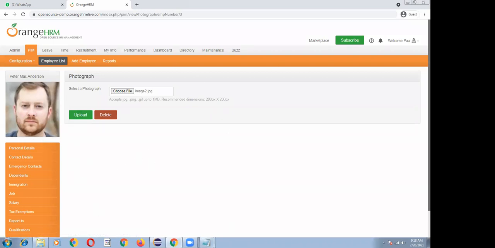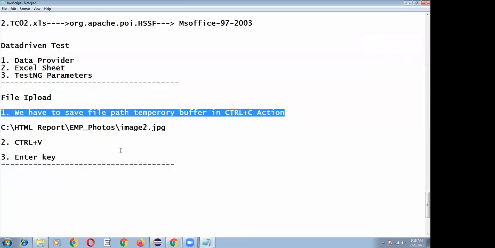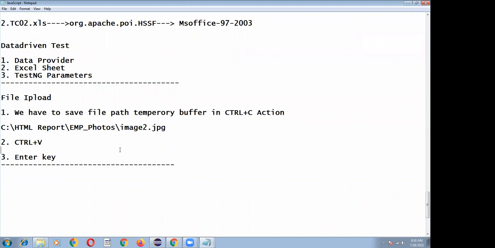Okay, so these are the 3 steps I have to perform, but these are not a set of driver instructions. These are a set of keyboard events, because once you invoke the Windows based prompt, we cannot inspect HTML code on it.